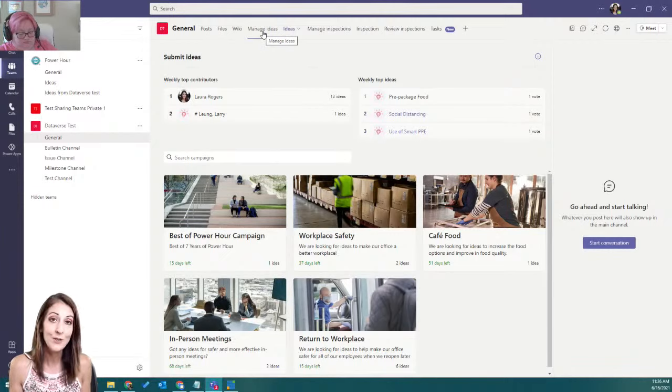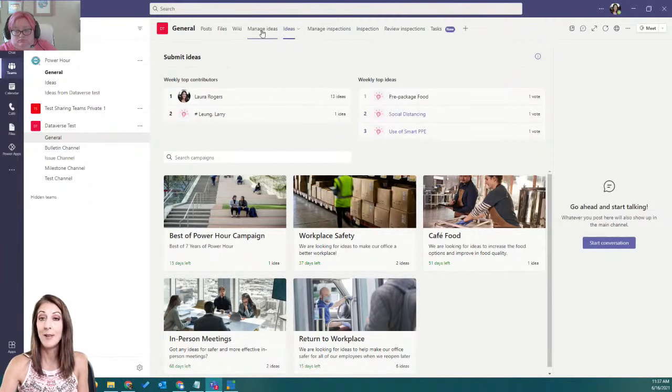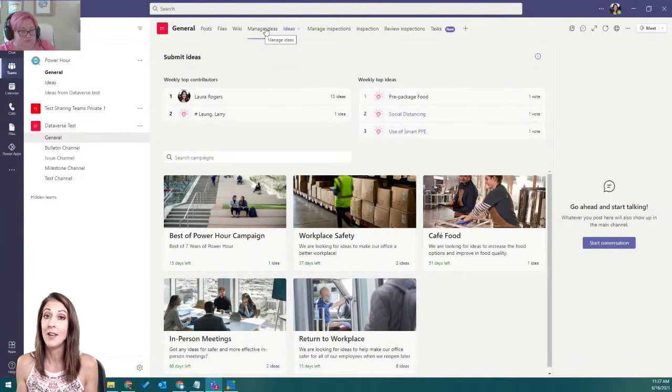Probably what you do in the real world is you'd present the Ideas app in a tab to the end users, and then you'd have Manage Ideas in a team, in a channel that is only for people who need to be managing them, like the people receiving those ideas, like the HR department or something. So I've got